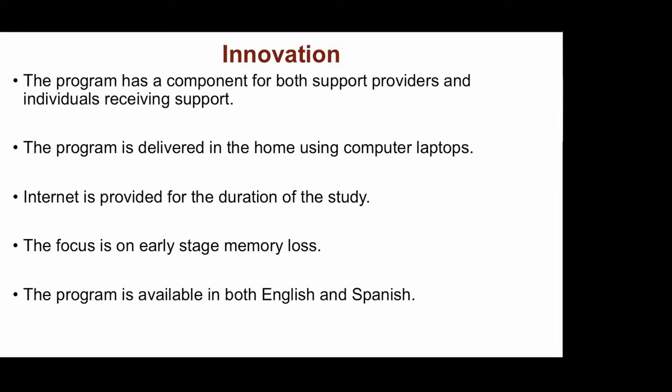The program is delivered in the home using laptop computers. We provide the computers to our participants. They get to keep them at the end of the study. Our participants never have to come to Weill Cornell Medicine. The whole program is delivered in the comfort of their homes. We also provide internet for the duration of the study,